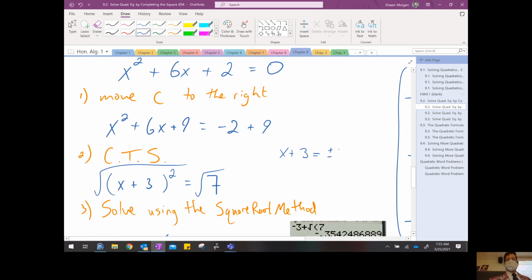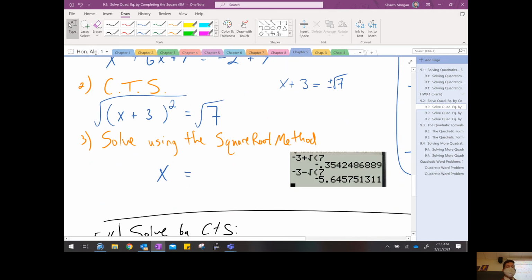Good. Plus or minus. I've been really busting my freshmen's chops on remembering their plus and their minus, because what kind of equation is this, class? It's a quadratic equation. And what does every quadratic equation have? 2 solutions. Very good. All right, so we got x equals negative 3 plus or minus square root of 7. All right. And so then I asked the question,